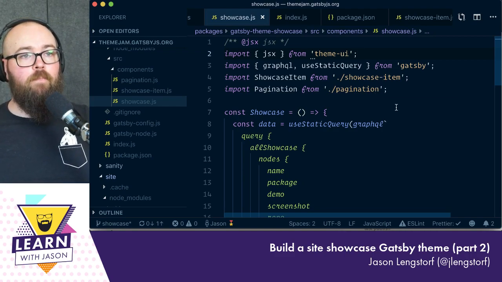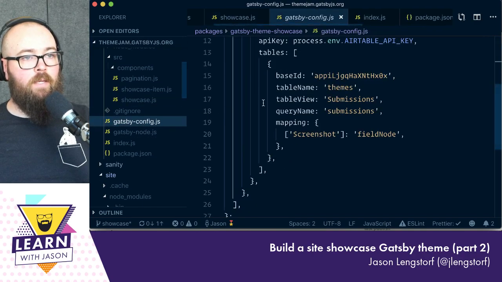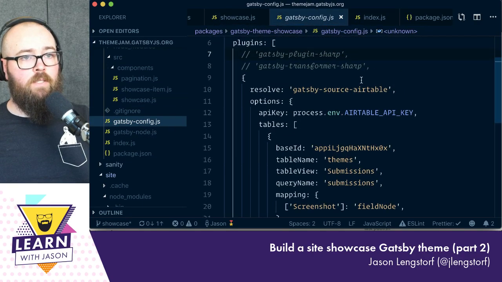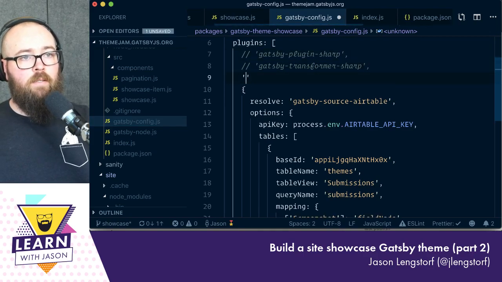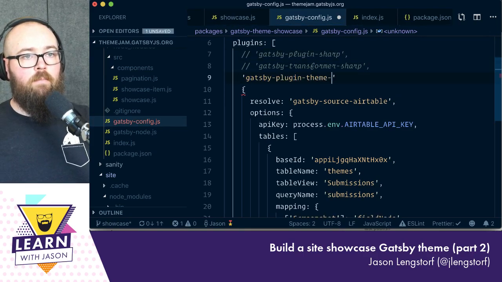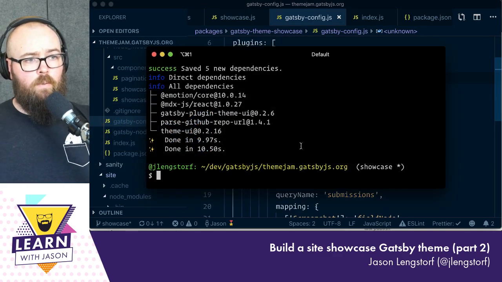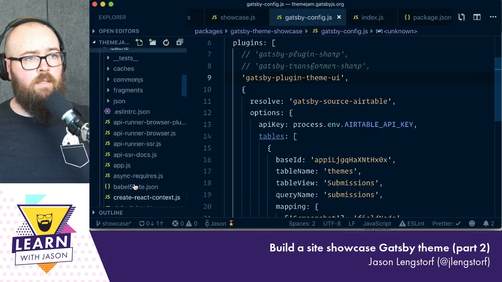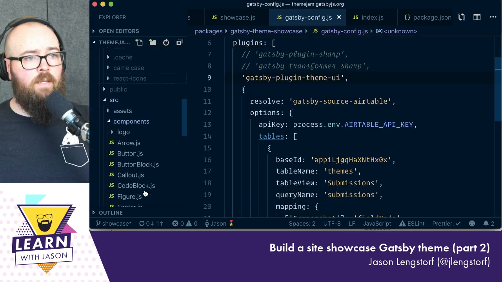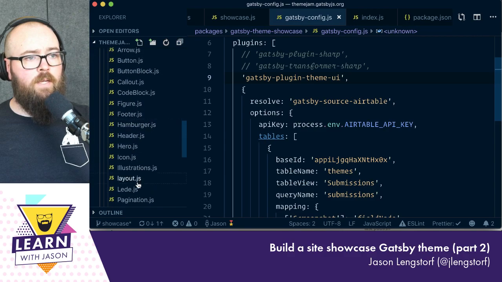All right, let's dive in. So I have my theme UI. I need to install theme UI in this config. So I'm just going to drop this right here, Gatsby plugin theme UI, and that's actually all I need. So we're going to now go into our site, and in the site, I want to, instead of using